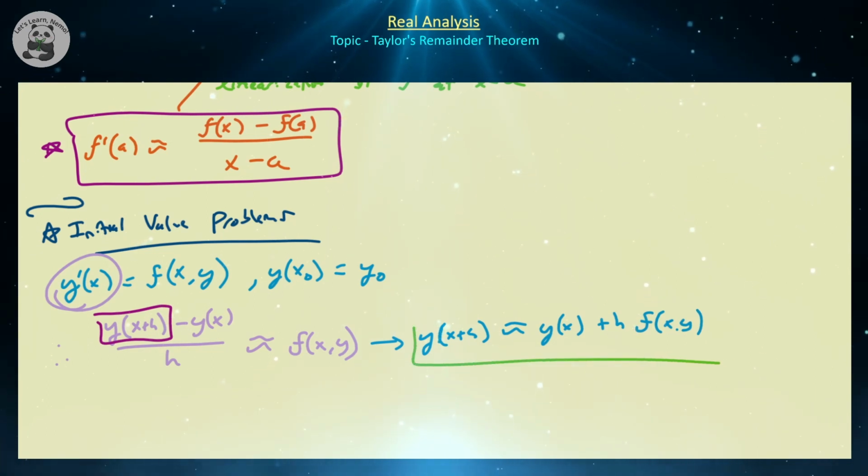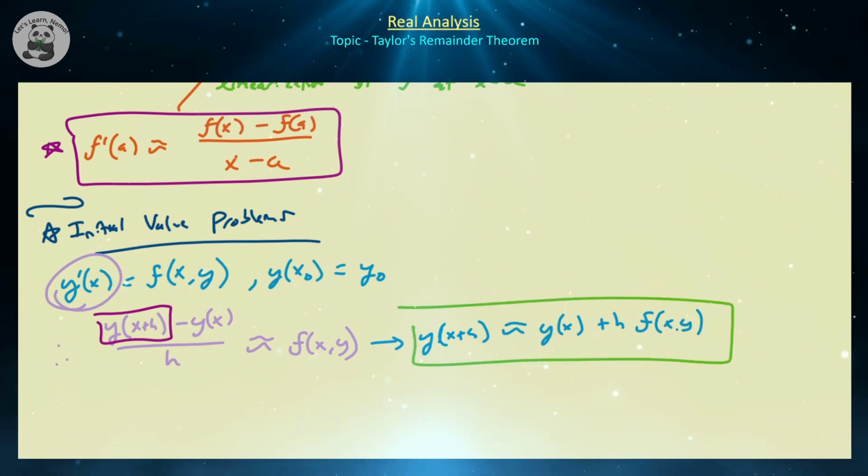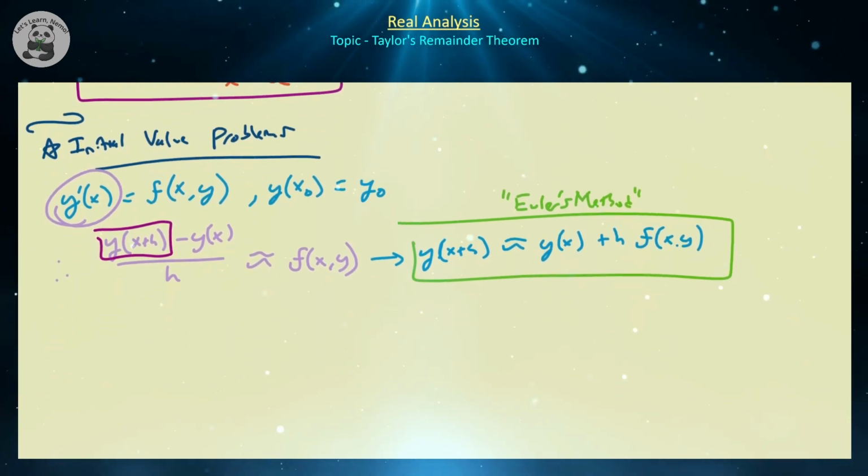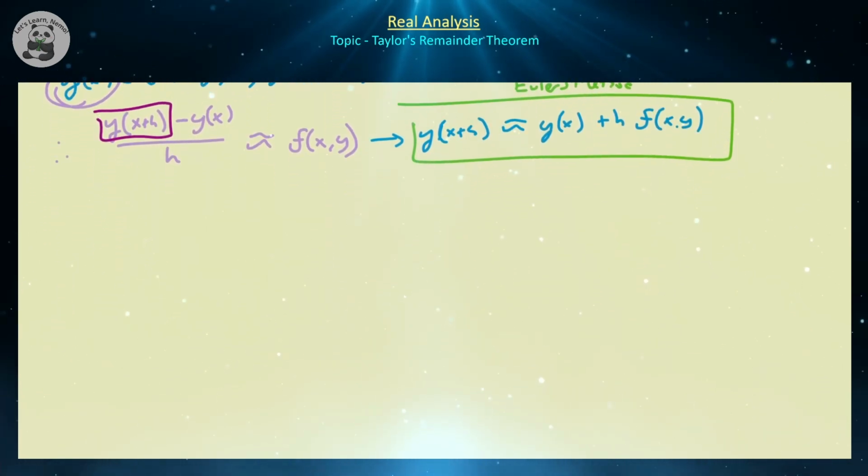Right? And some people call this update equation the Euler method for solving differential equations. So this will be Euler's method, right? Which is a first order approximation, because notice that we only took the first order term of our Taylor series. So, in case you aren't already familiar with Euler's method, let's do just a quick example of this